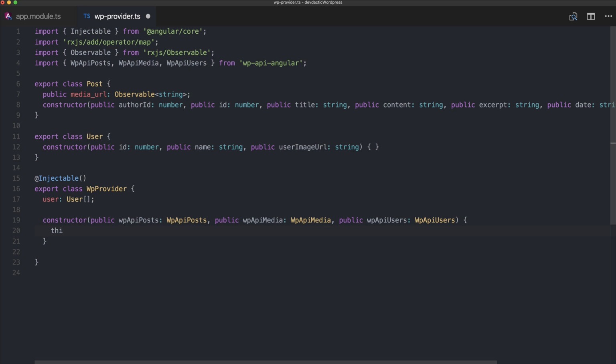And we start with this.wpAPI.users.getList, which will return us an observable, which is a list of users. And we first of all map the data to JSON data, and then we continue and subscribe to our observable. And once we got the data, we set our current users array